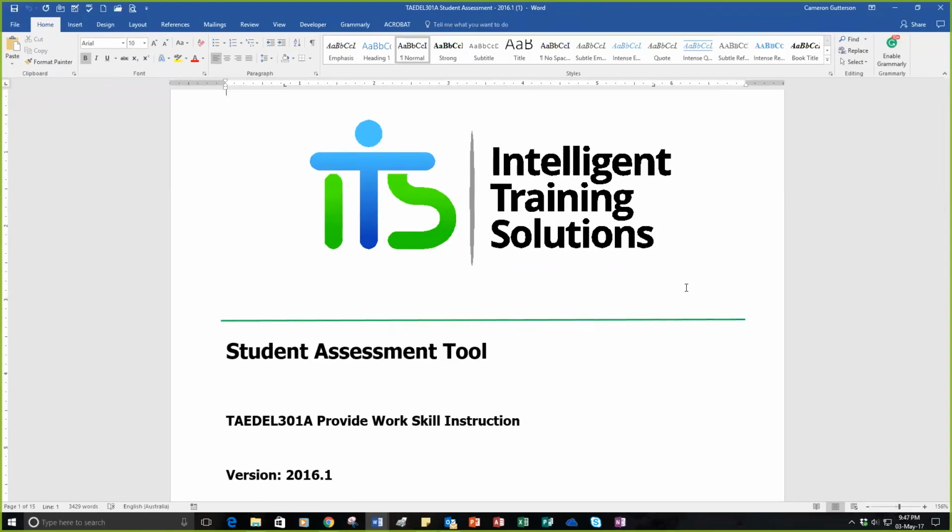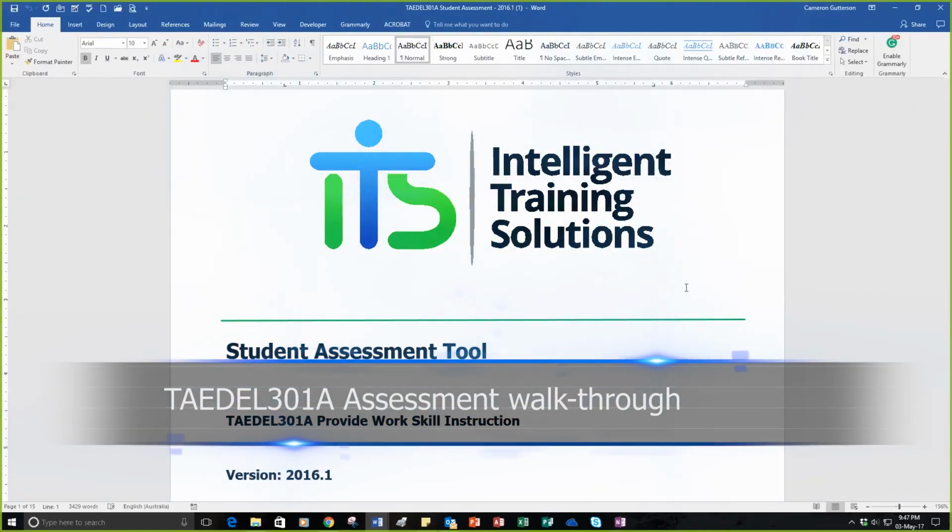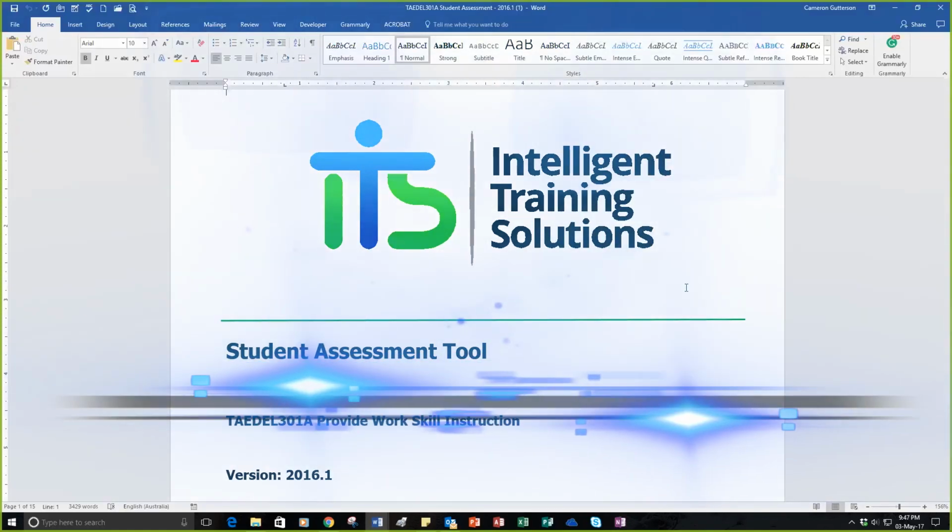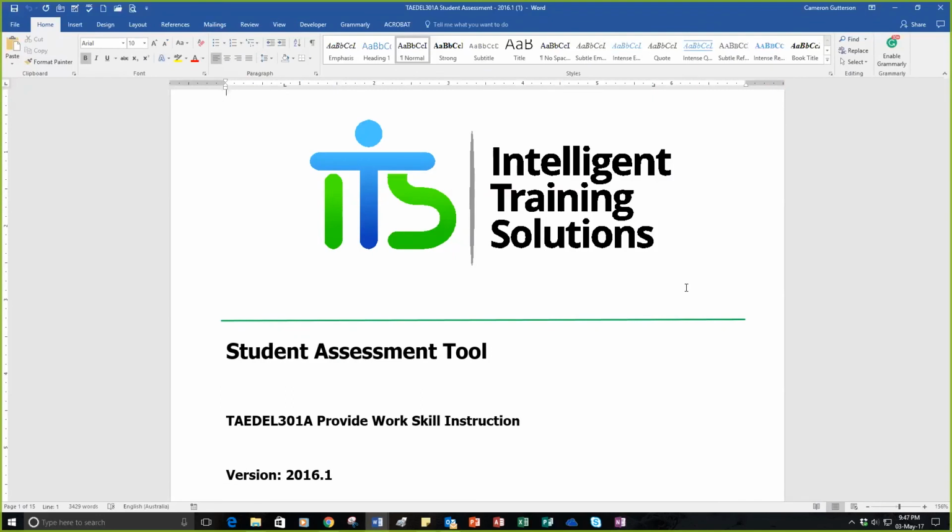This is the first of your 3 TAE units that are part of the Cert 4 car driving instructor qualification and also the Cert 4 heavy vehicle instructor qualification. Tonight we're going to walk you through the assessment and explain some of the key factors for you, because even though everything that's required is written down in this assessment tool, sometimes it can be a little bit daunting once we get to the TAE part of the qualification to actually understand what's being asked of you, only because of the 3 TAE units,